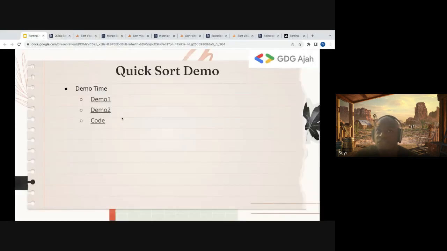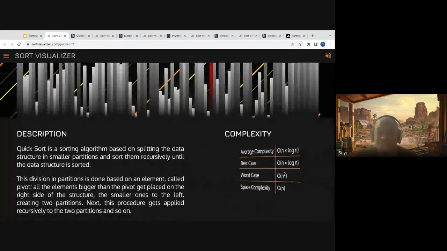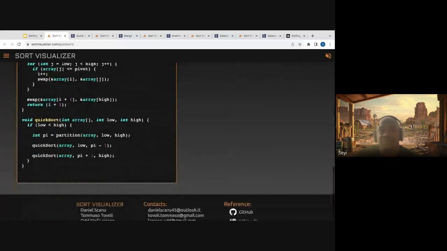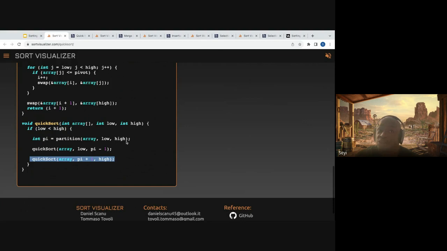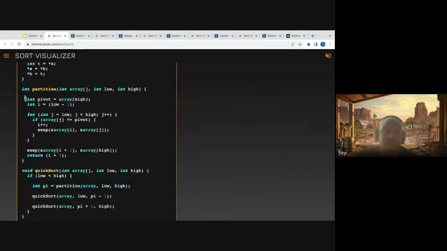So quicksort is the most efficient sorting algorithm you can have. But if it's not implemented properly, it becomes quadratic. So let's look at the implementations here. Again, what are we doing here? If low is less than high, that means if we have at least 2 elements here, right? We partition the array around an index. Then we quicksort the left side and quicksort the right side. We call it recursively.